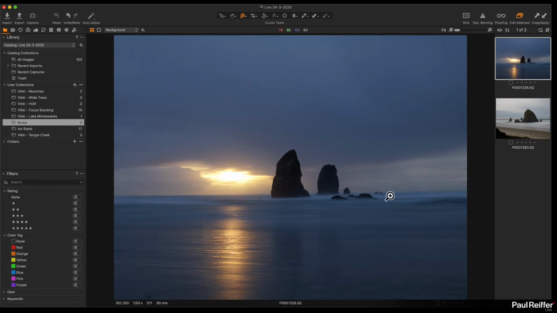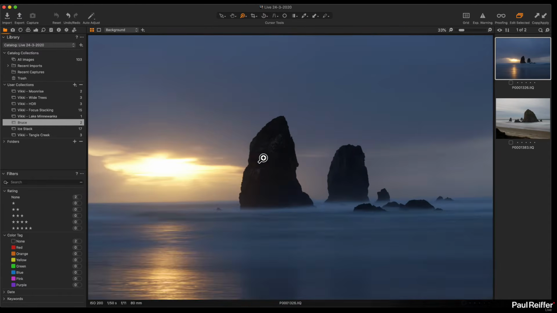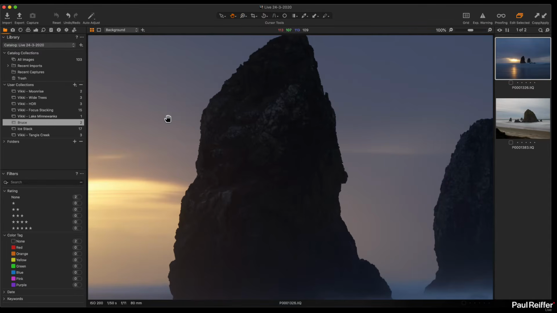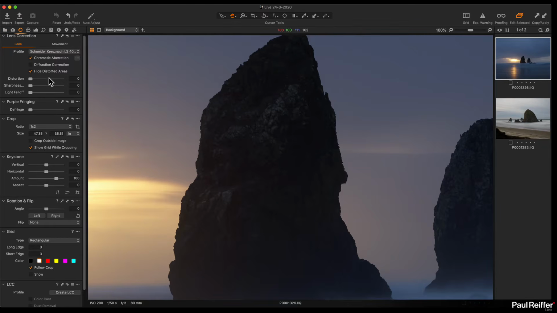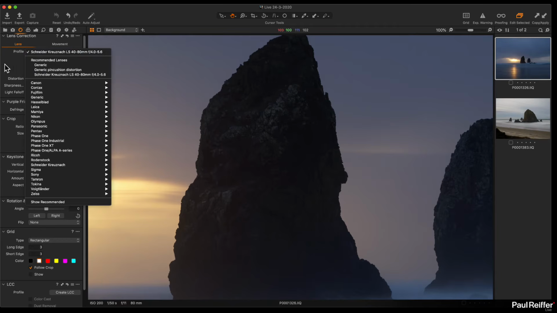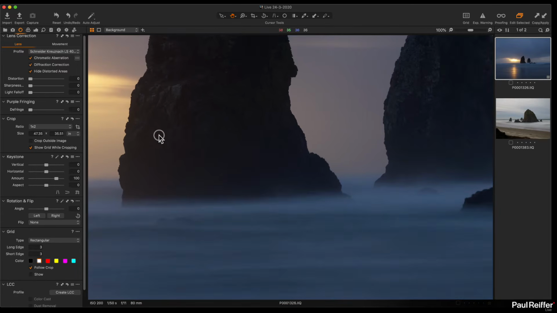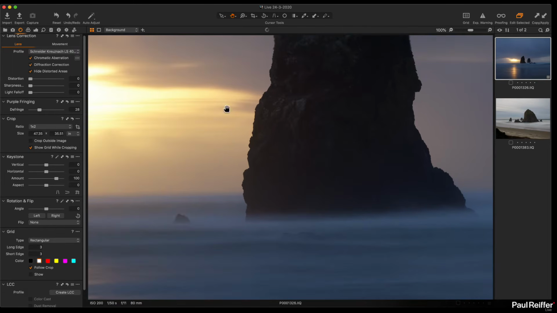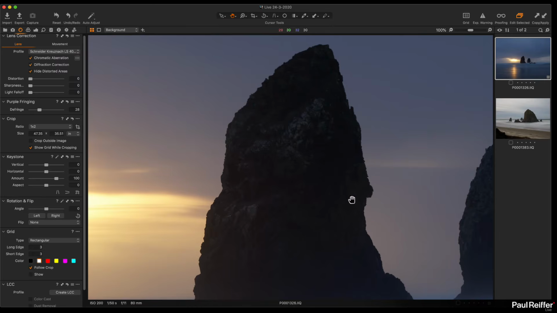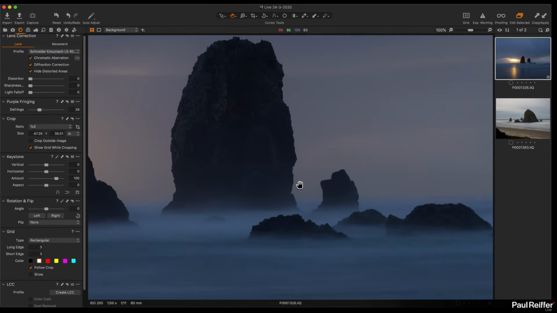Okay, so really nice seascape, really nice detail in these rocks. This happens to be a phase 1 image with one of my favorite lenses, which is very cool. Shot at f11. There might be a little bit of diffraction, so we may as well turn that on. I don't see any purple fringing, so we're not going to worry about that too much. If we put it up, it's not going to do any harm, but I don't think we need it in this case. The detail in this image is fantastic,